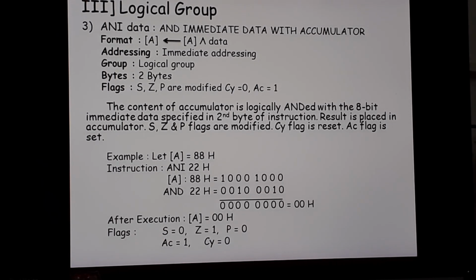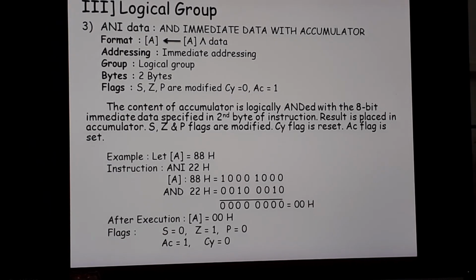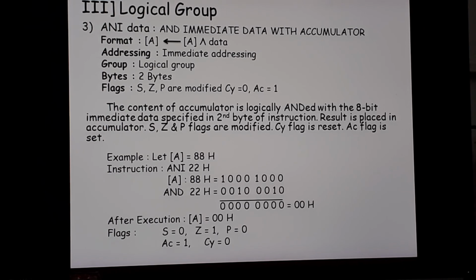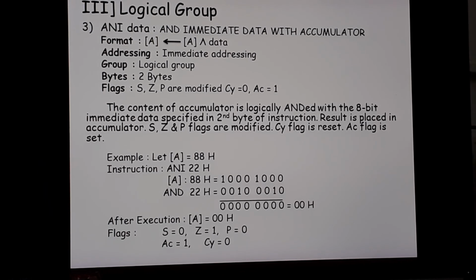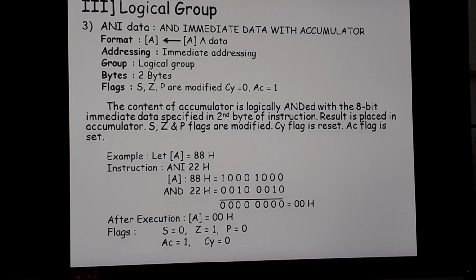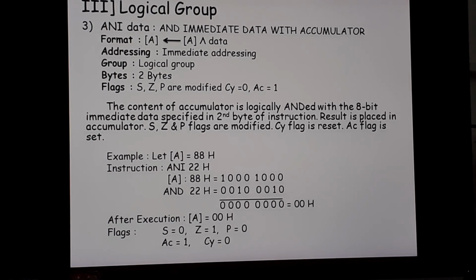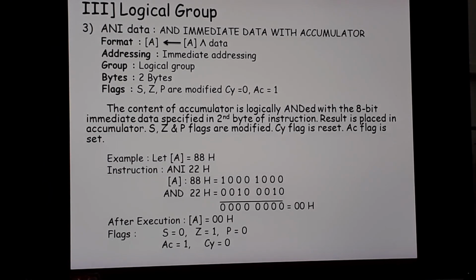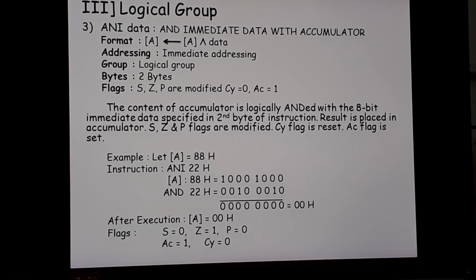You also need to practice the binary addition, subtraction. In the previous videos I have already taught you all the instructions. You all need to practice and study. So after execution, the accumulator content is 00H now. The flags that got affected here are sign as 0. Zero flag will be 1 this first time. Why? Because the whole answer that I got in the binary answer is all 8 zeros. So hence the zero flag is set to 1.